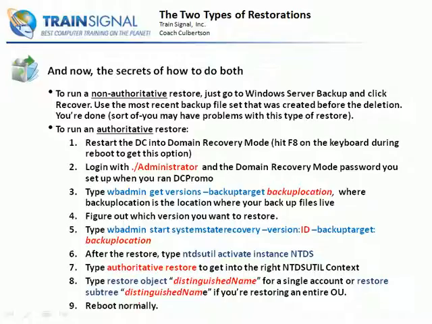Okay? So this is the process that we would take in order to do an authoritative restore. First, we're going to do a full system state recovery. Then we're going to authoritatively restore the user account or an entire OU. And remember, for a single object, you simply type restore object. For an entire OU, you type restore subtree. Okay? All right, so now you know the basics of what we're going to do. You know the situation. Let's move on over to DC2, and we're actually going to put all of this into practice